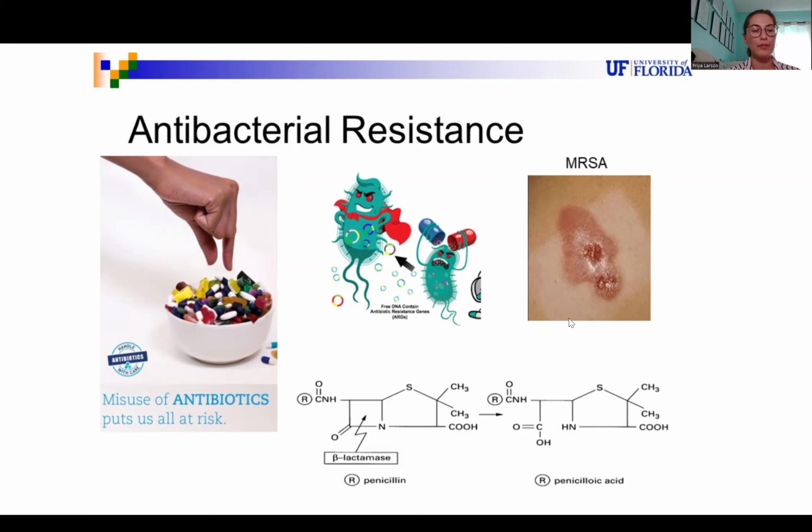And so finally, coming full circle, I'm going to refer to this image over here all the way to the left, and it says misuse of antibiotics puts us all at risk. So it's important, for one, that antibiotics aren't overprescribed or prescribed when they aren't necessary. And two, that if somebody does have antibiotics and they really do need it, that they need to finish their full prescribed dose so that they avoid any antibacterial resistance and bacteria to continue to